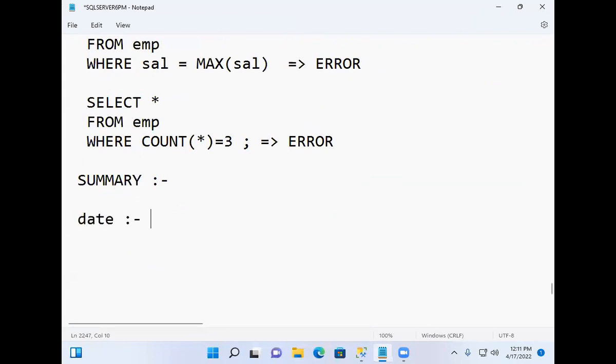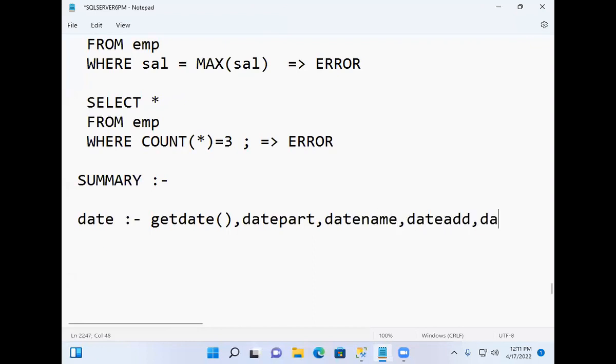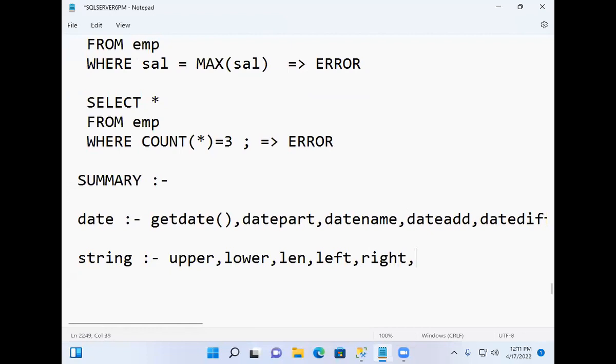Date functions: GETDATE, then DATEPART, DATENAME, DATEADD, DATEDIFF. Next, string functions: lower, length, left, right,